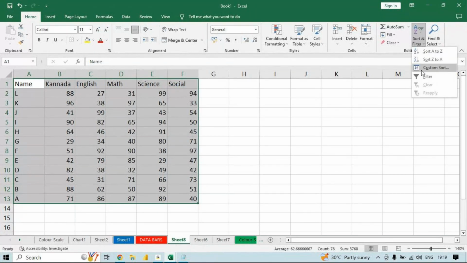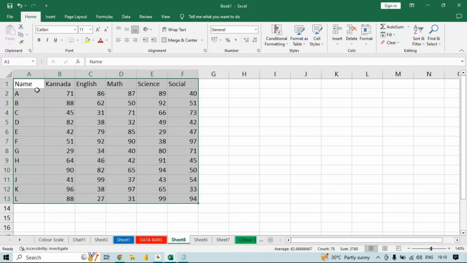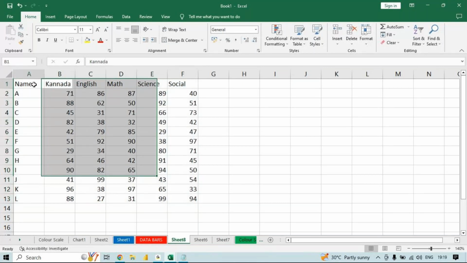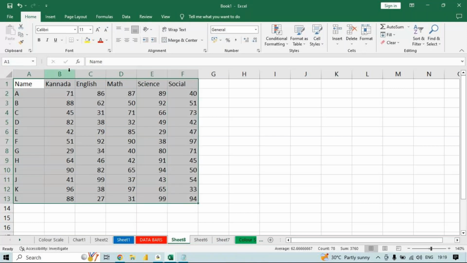Now, it is sorted based on the name, A to Z, so the alphabet order, A to Z and Z to A. But for example, if I want to sort based on the Kannada subject from largest to smallest or smallest to largest,